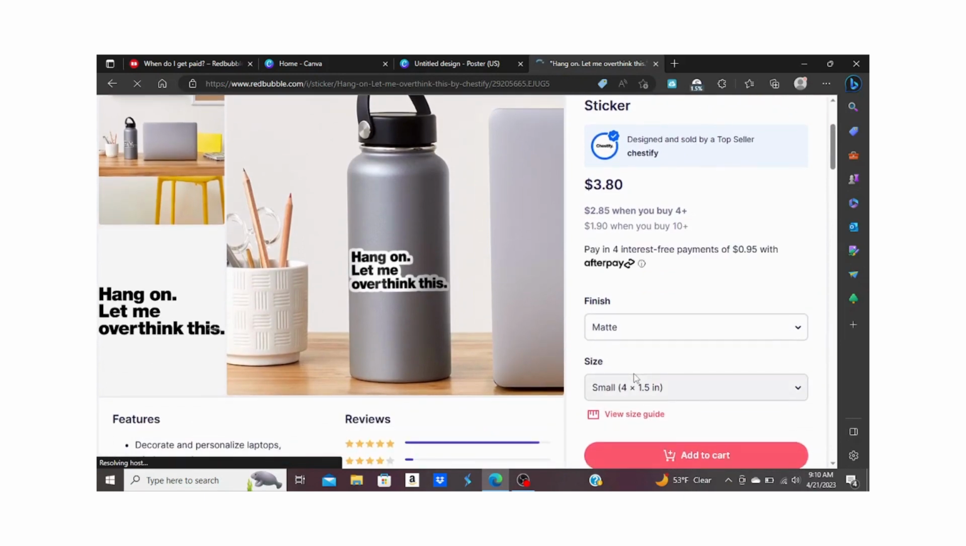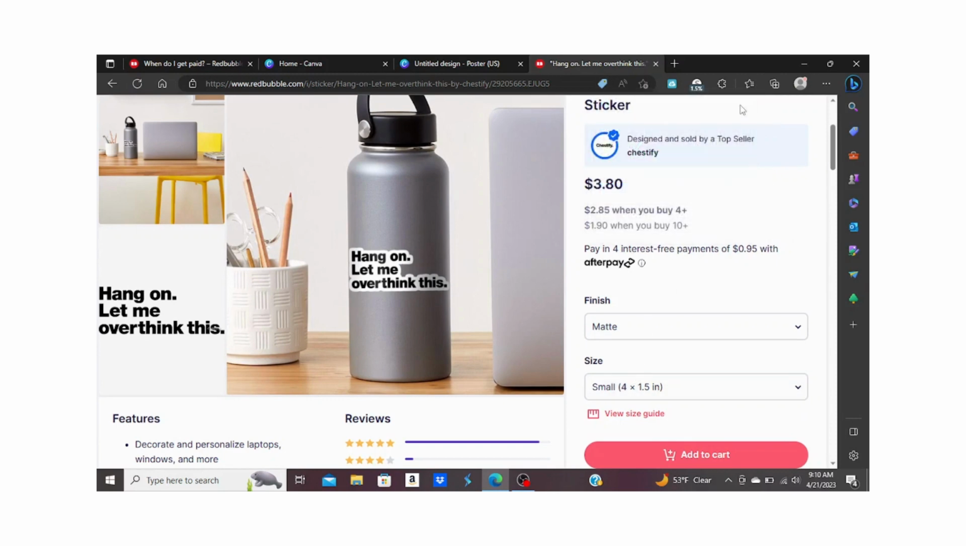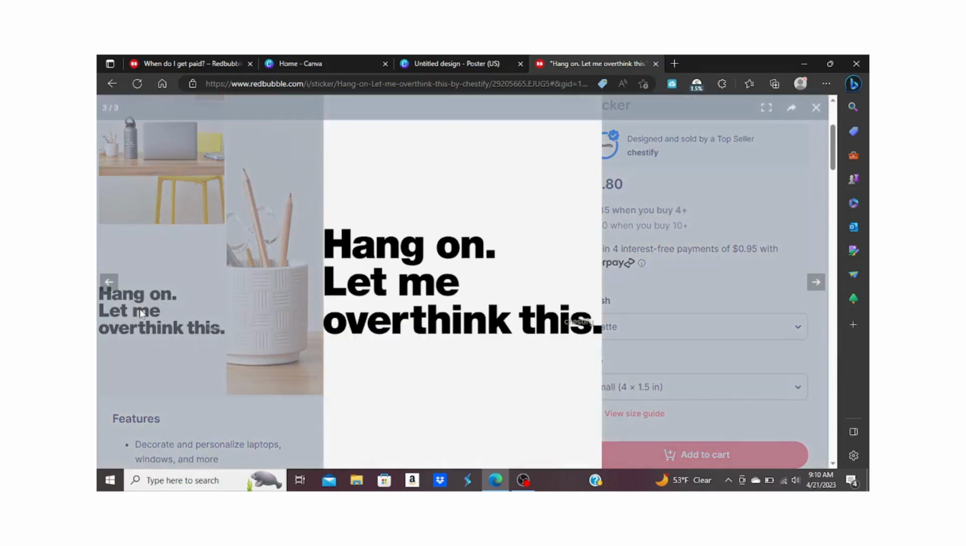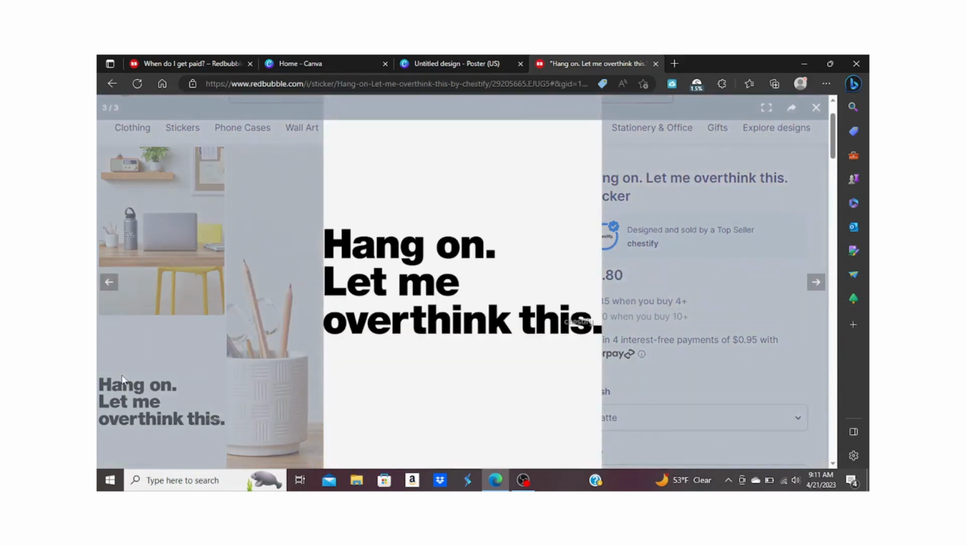When you open the clothing section or backpacks, stickers, that kind of thing, one of the first items that popped up is this, "Hang on, let me overthink this." How simple is this little quote? All you need to do is create this quote. This person just went on to an illustration software, or it could even be done in Word as long as it's saved as a GIF or a PNG file. So they thought of a creative saying, and they uploaded this onto Redbubble,